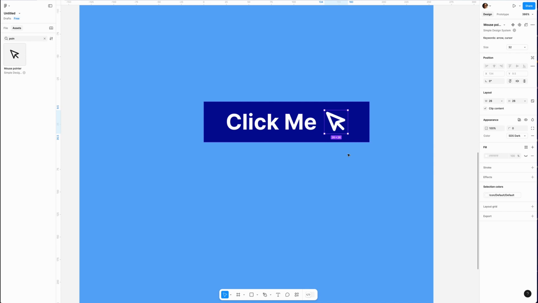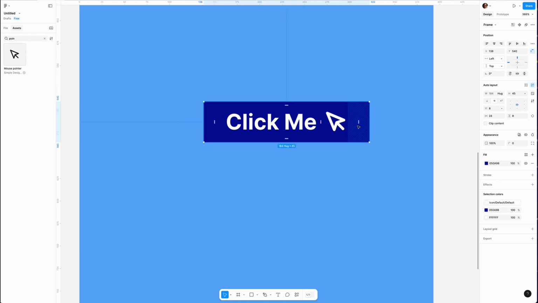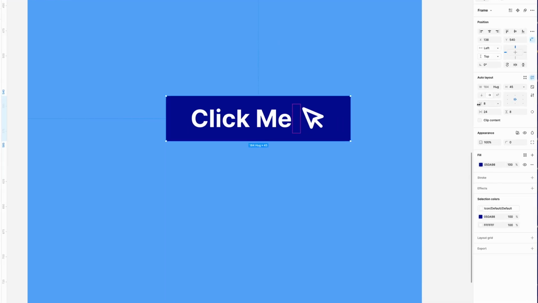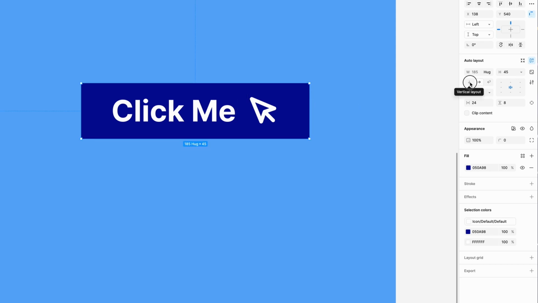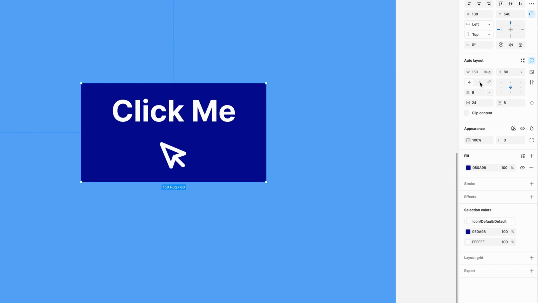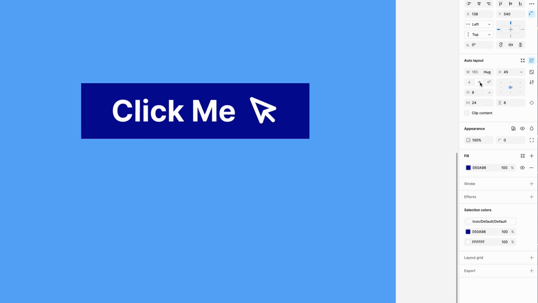We can adjust the gap between the text and icon. Go to the Layout in the right panel and tweak the spacing slider. You can also change the layout direction. Try vertical to stack the icon below "click me", horizontal to line them side by side, or wrap to arrange